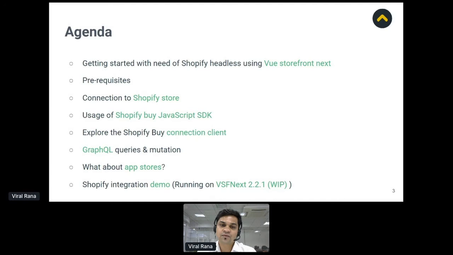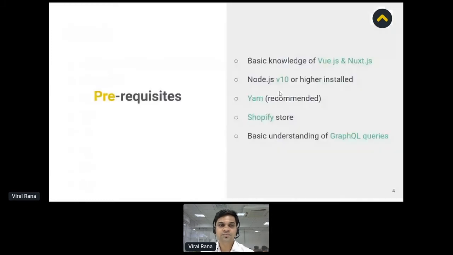Then we'll explore the Shopify Buy connection client, and get some basic understanding of GraphQL queries and mutations. Then we will discuss how PWA headless is going to support app stores. And the last one will be the Shopify integration demo, which is currently running on VSF Next version 2.2.1, and is currently a work in progress.